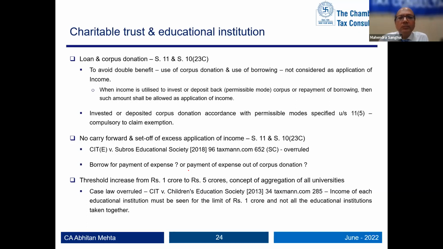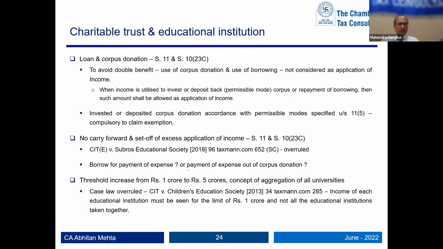And now you have to follow the cash system of accounting and not the mercantile system. But generally what would have happened is you would have made a provision in that year, which would have resulted in a loss possibly in one of the scenarios. And then you would have paid it out of your application of income next year. But now you won't be allowed that provision itself because now you have to follow the cash system compulsorily and not mercantile. So is there a way to avoid this loss? So basically when it is a case of loss, when income is less and expense is more.